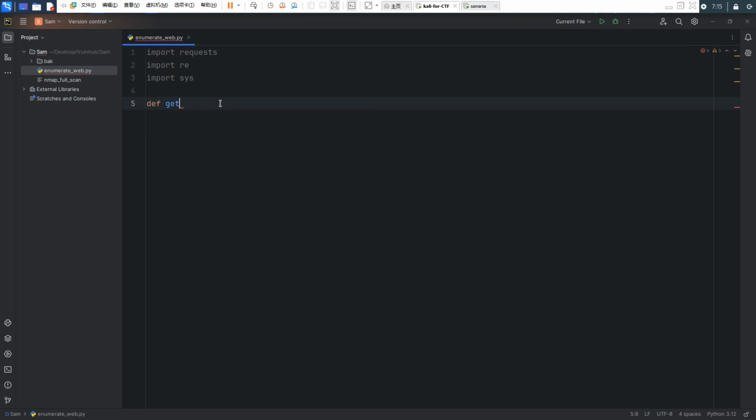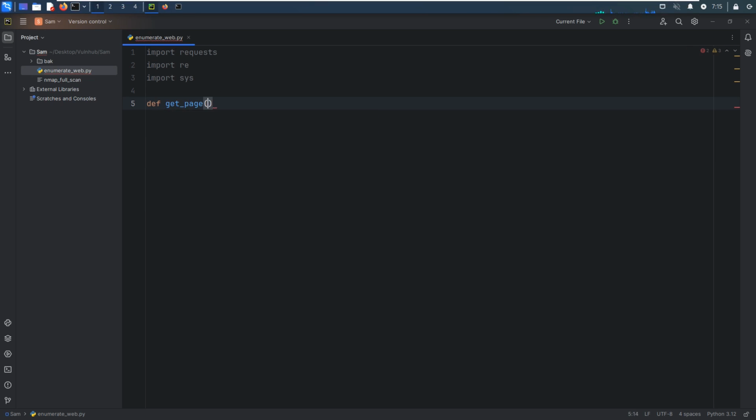Sorry about this, get underscore page. By convention, the function name should consist of words, and we can use underscore to join them together. Okay, so we need to pass the argument url, and